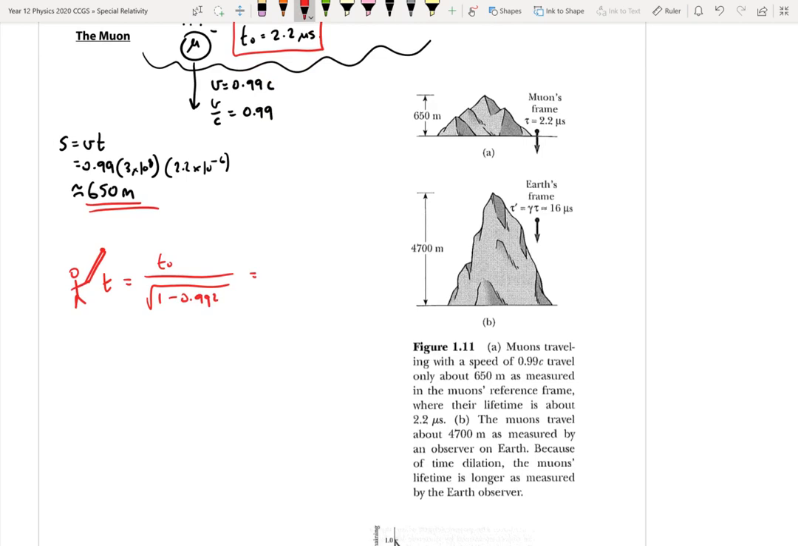which comes out to be, let's write out the whole equation just while you're new to the thing. 2.2 outputs 15.6 microseconds. All right? So again, imagine you're an observer at sea level with a telescope and you're looking at